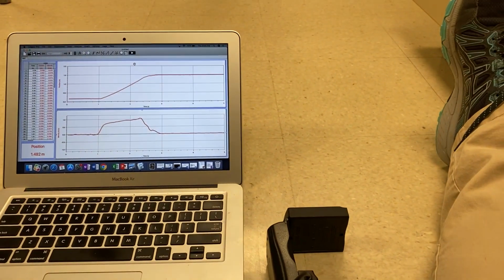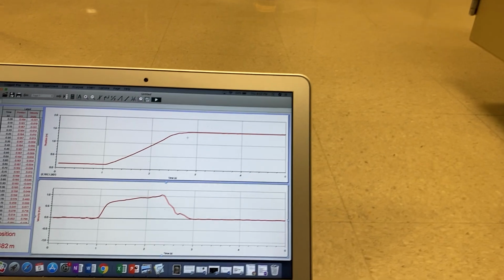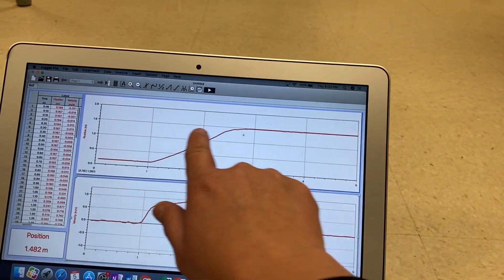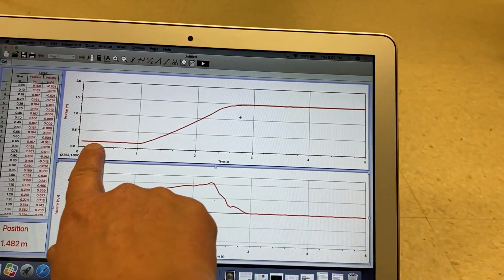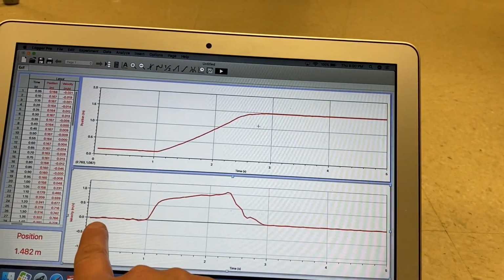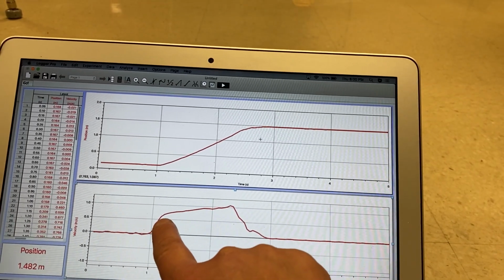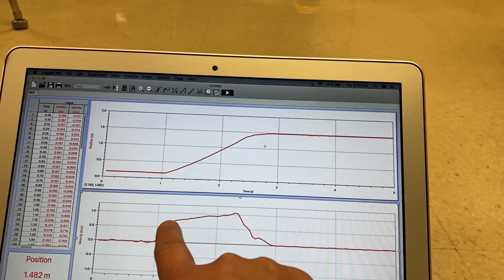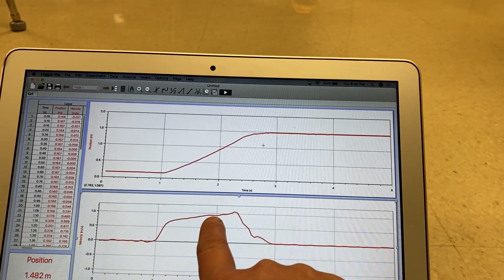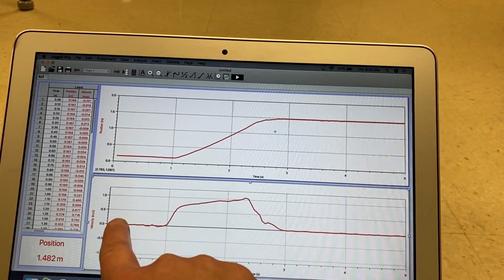Okay, so the only thing that our graph did was, well, our car only drove forward, and it probably went about 1.5 meters. We can tell that by the graph. Our car went a total of about 1.5 meters. Now, if we look at how it started, we started out not moving at all, which means our velocity should also be 0. As soon as it started moving, you notice that our velocity jumped up, and then it stayed pretty consistent. It went up maybe a little bit, increased in speed,